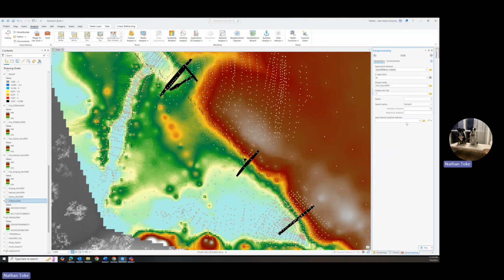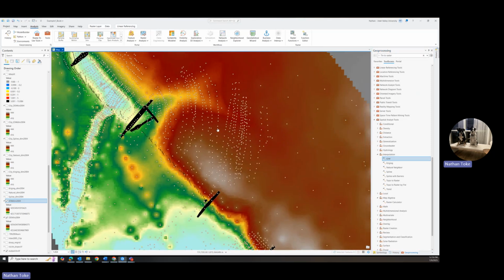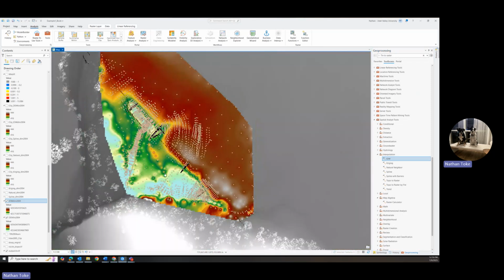You can do other things like these barrier polyline features. I did not do that. And so this is the IDW result. If we wanted to dwell on that IDW very much, you could see that it was really focused on the data that is there, even though it is considering other data nearby. You can see the values that you get out of that are pretty strongly tied to the original points. So if we compare that to the TIN,